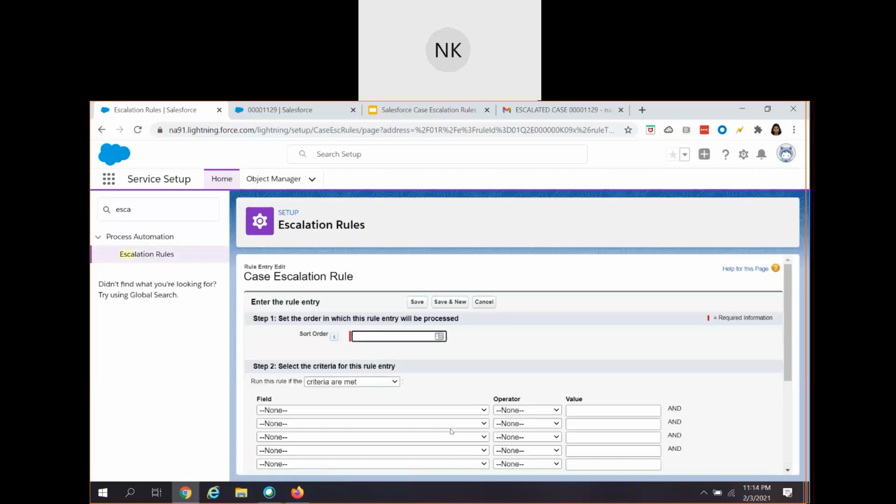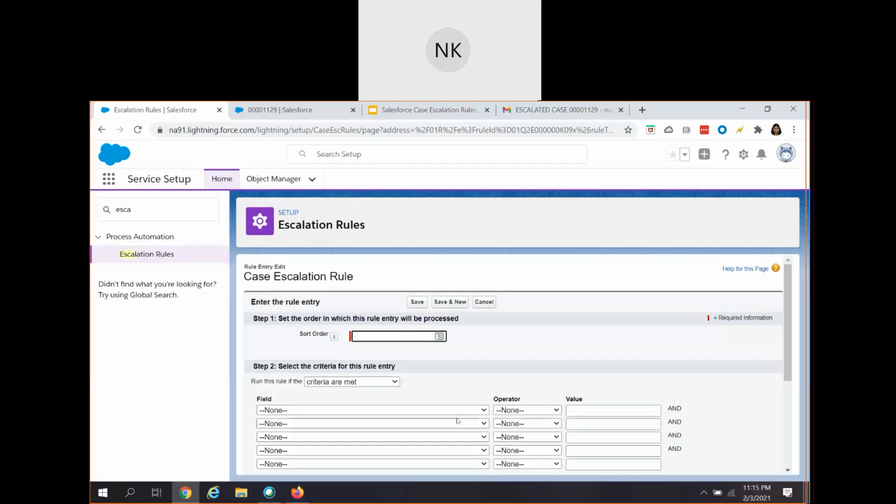But before we create a rule entry, let's understand our business use case. In an organization, there will be a lot of cases getting created, and there are a lot of agents who will be picking up the cases. You have a case which is created and assigned to an agent, but the status of the case is still New even after 30 minutes. In that case, the business wants those cases to be escalated and rerouted to the high priority cases queue. So that is the simple business scenario. For that scenario, we can make use of the escalation rule and implement that specific business requirement using the case escalation rule.